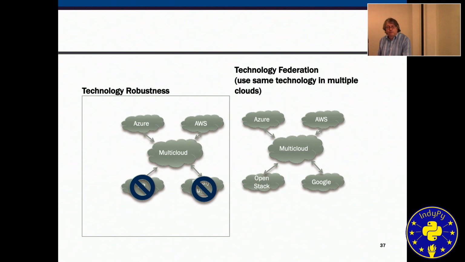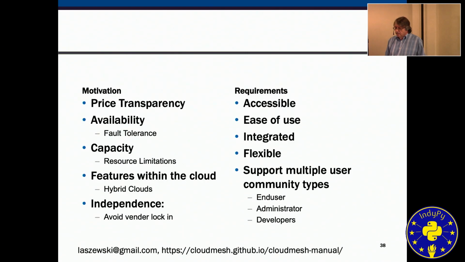Technology robustness. Naturally, when one cloud goes down, we can move to another, and we can leverage services from different clouds with each other. And this is important for the big data reference architecture, because we may have services that are hosted on one cloud but are not offered on another cloud. But for us as data scientists, it doesn't really make a difference which cloud we have. We want to have the functionality. So naturally, we can integrate things such as price transparency, availability, capacity, and vendor login as parameters to the motivation why we are actually doing that.